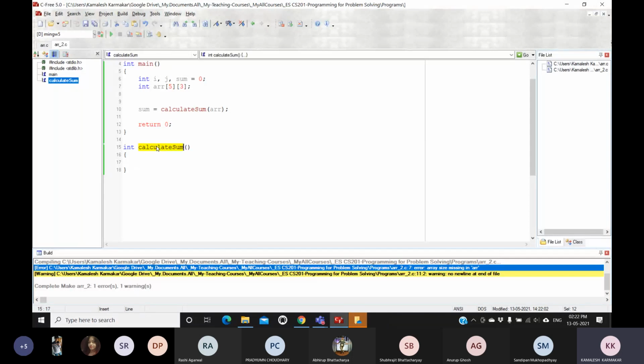Now if I want to define this function, it will receive an array as input. So the array type is int arr.